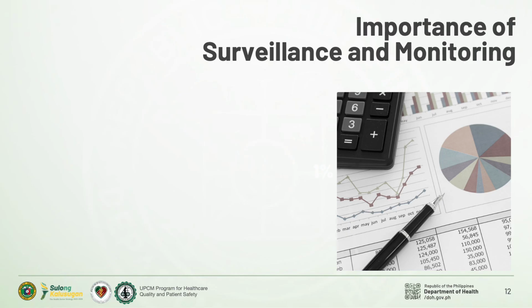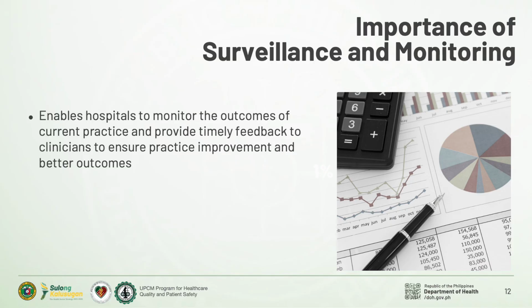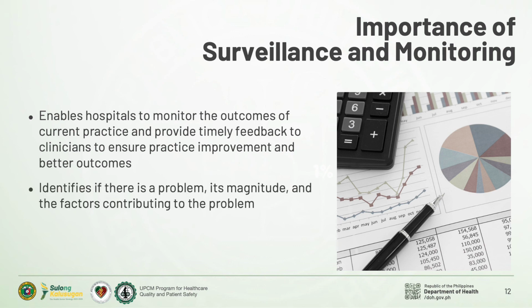Surveillance is the ongoing, systematic collection, analysis, interpretation, and evaluation of data closely integrated with the timely dissemination of these data to those who actually need it. Conducting high-quality surveillance is crucial to identify how big a problem is and to assess the impact of any prevention or improvement interventions. The purpose of healthcare-associated infection surveillance is to provide data on HAI occurrence for decision-making, policy, and